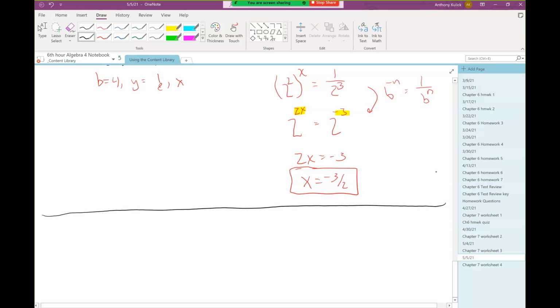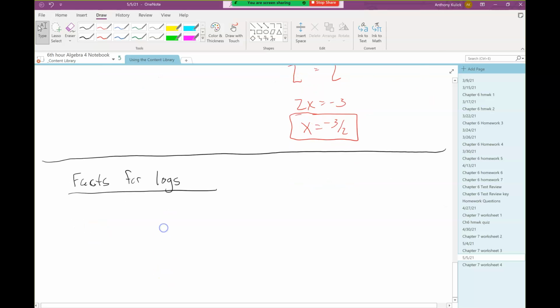So we've talked about how to evaluate a logarithm on your calculator. We've talked about the definition of a logarithm and done some examples of things you can use that definition to do. Let's talk about some facts about logarithms. That's supposed to be a C. So the first one, as Joe pointed out,